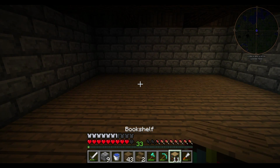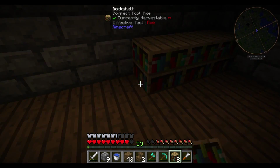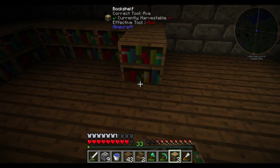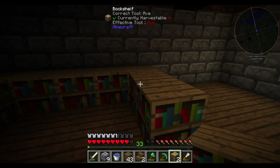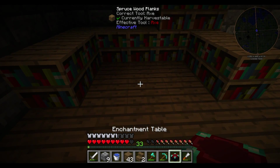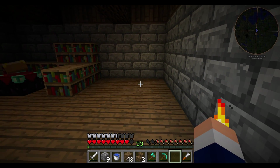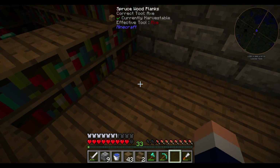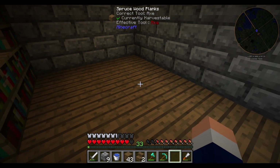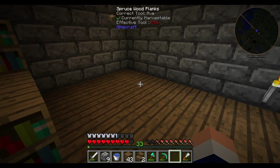I might not get this all built and set up on camera because I haven't actually gotten to the point where I know I'm happy with what I'm putting down here. I haven't gotten to that point yet. And I'm out of bookshelves anyway. So, enchantment table will go in here, and I thought I'd put a research table for Thaumcraft and things in here, with the little arcane crafting table thingy it's got, and